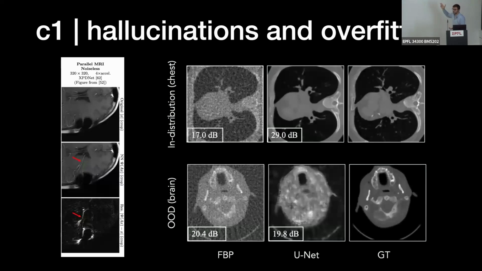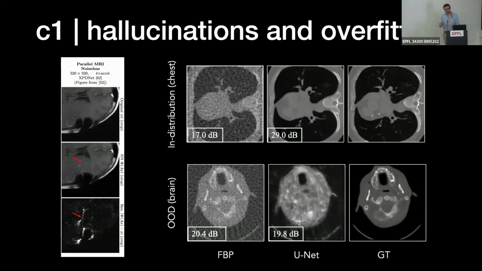In this case, you're training a U-Net to do something that is a standard way, originated from EPFL, to reconstruct CT images. And if you train it, we know how to fix it in many ways, but I'm trying to make a point. So if we train it on chest CT and try to apply it to the brain or head, what you'll see is that the network has completely overfitted the large-scale structures of the chest, and the performance, absolute numbers are not so important, but the difference is important.